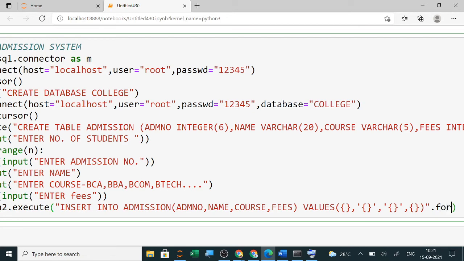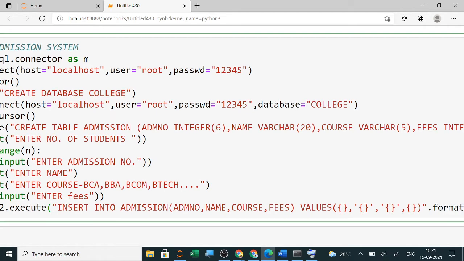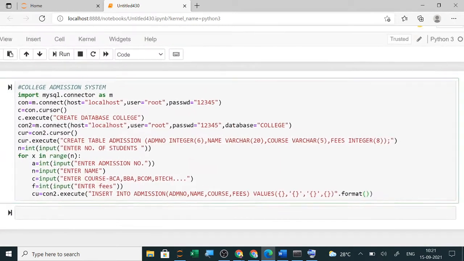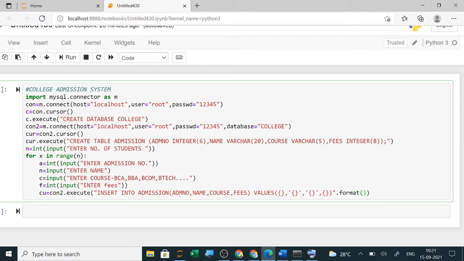In the bracket you will mention the column variables. You have taken the data just now as A, N, C, F, so you will write A, comma, N, comma, C, comma, F. So this is over. This was a little bit different.